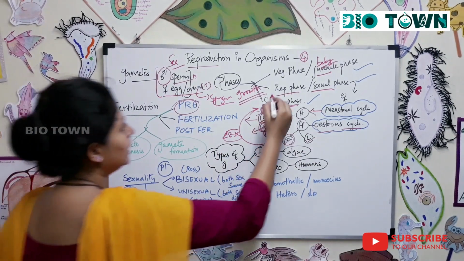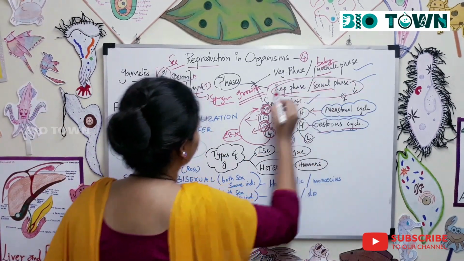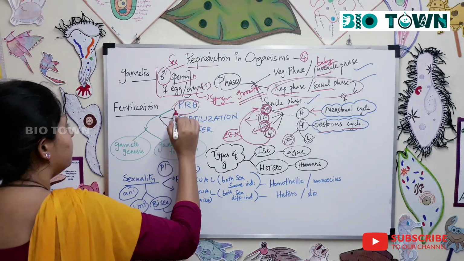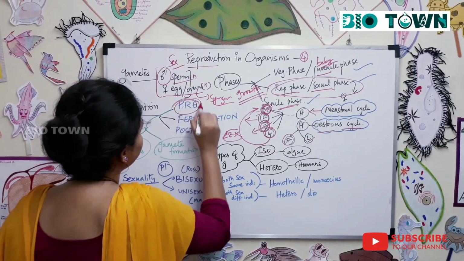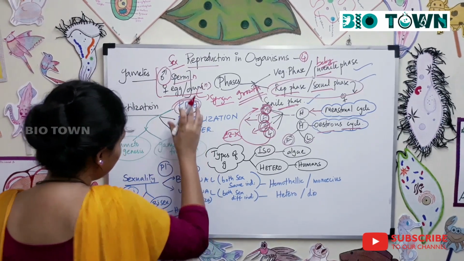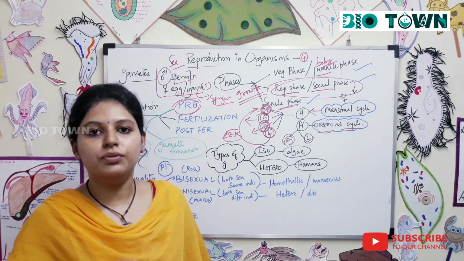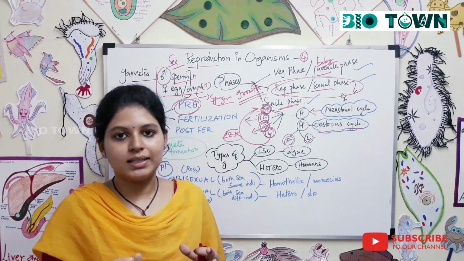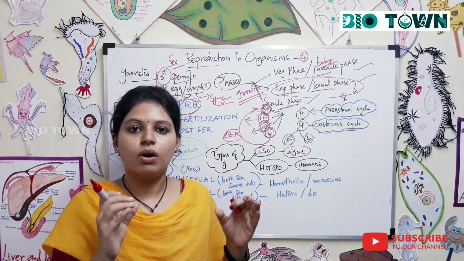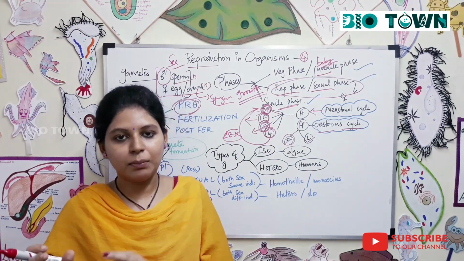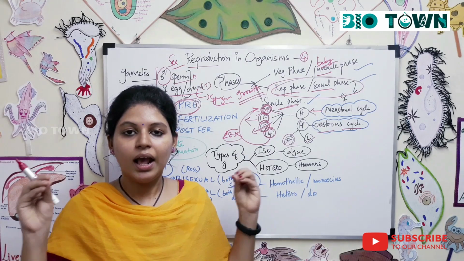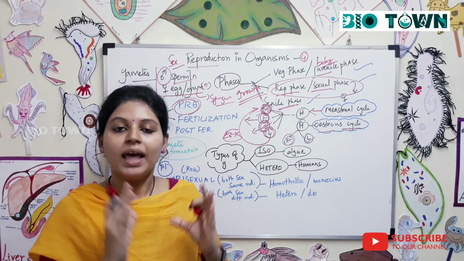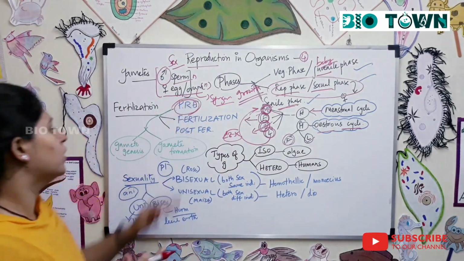And now in this reproductive phase, we are going to talk about three important stages in fertilization. The pre-fertilization. What is pre-fertilization? The term pre means anything that happens before the fertilization, and that is called pre-fertilization. In pre-fertilization, there is a maturation of the male and the female gametes, and now these gametes are ever ready to undergo syngamy, to fuse with each other, and this is what happens in the pre-fertilization.